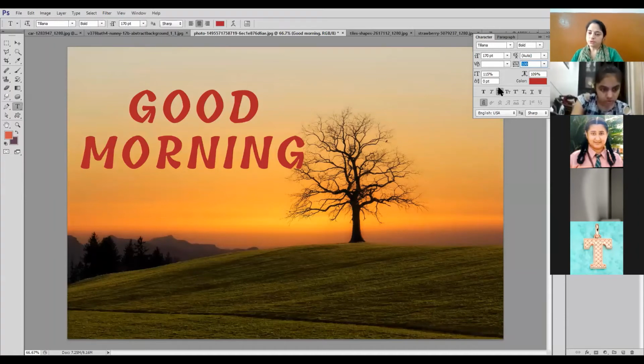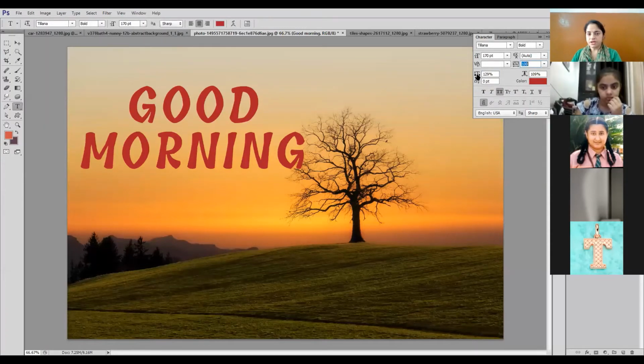When I increase or decrease the font size, the height and width of the characters both change. But sometimes I want to increase the size, not the width, but only the height. For that purpose, I have this vertical scaling and this is the horizontal scaling. If I increase the vertical scaling, it will increase the height of the letters but not the width.